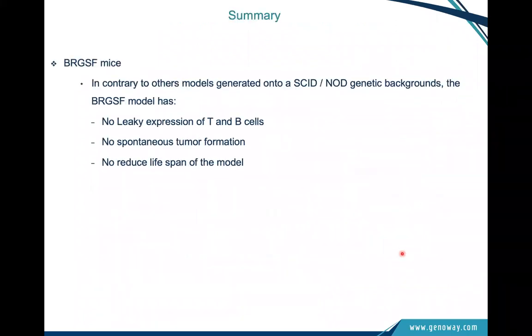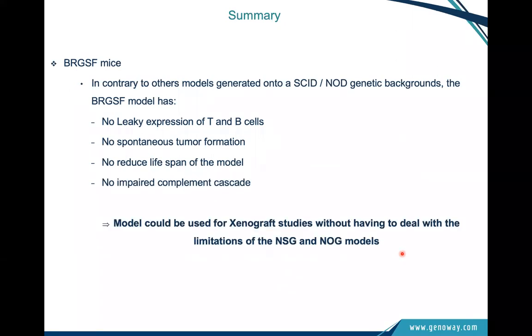So in summary, these animals, contrary to the other existing backgrounds, have no leaky expression of B and T cells, no spontaneous tumor formation, and no reduced lifespan of the model. They have a functional complement cascade, and as such, they can be used for any xenograft study and any study involving